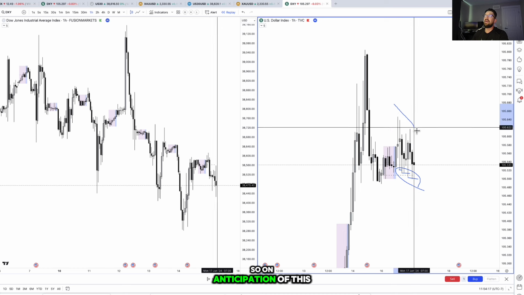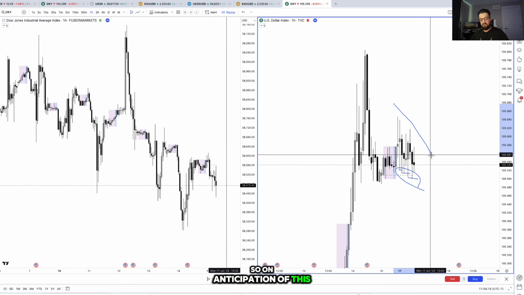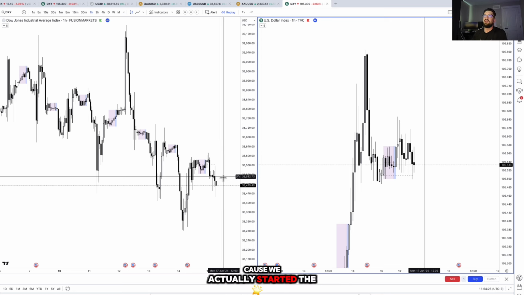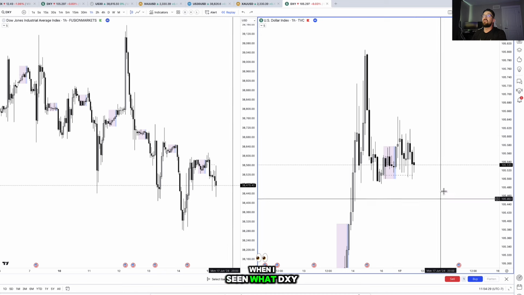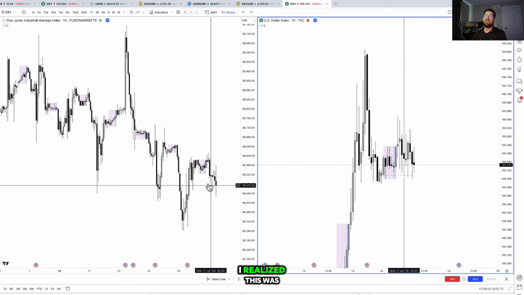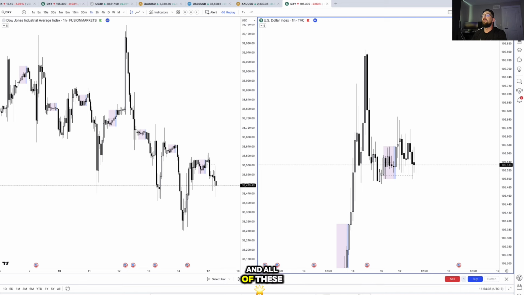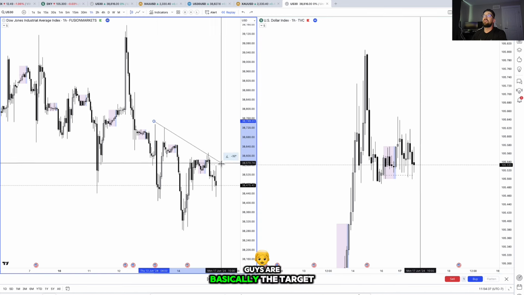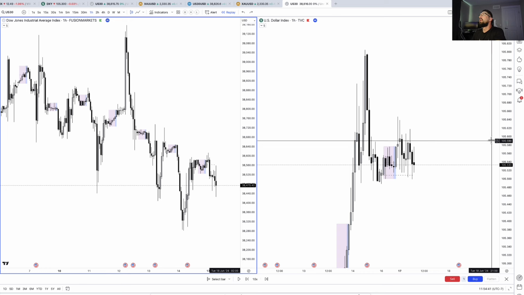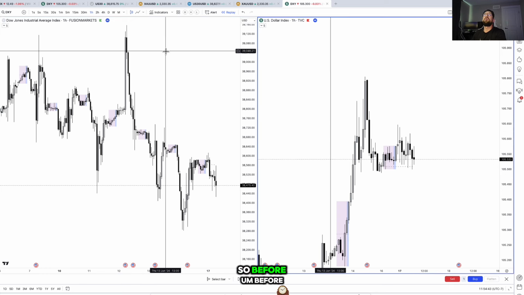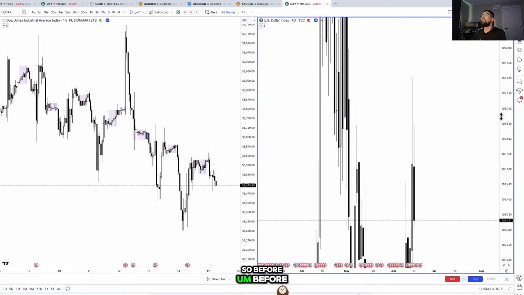So on anticipation of this pushing down, I switched my bias on US30 from sells to buys, because we actually started the morning wanting to sell US30. When I saw what DXY was doing, I realized this was a manipulation, and all of these guys are basically the target. And I'm going to explain that in a sec. So before I